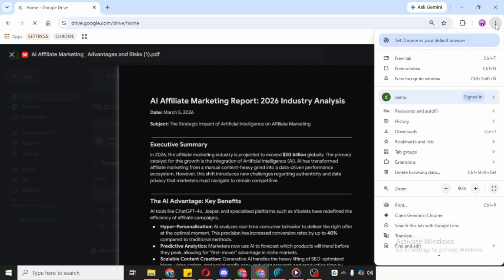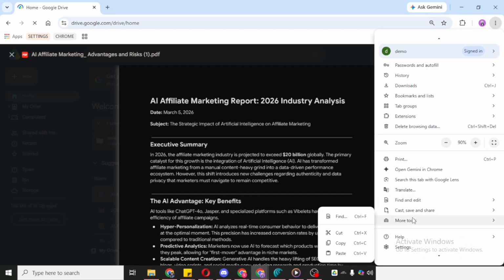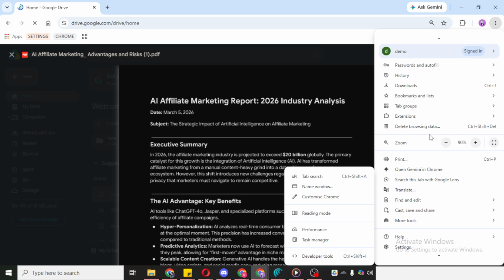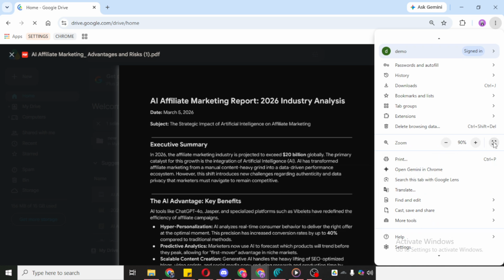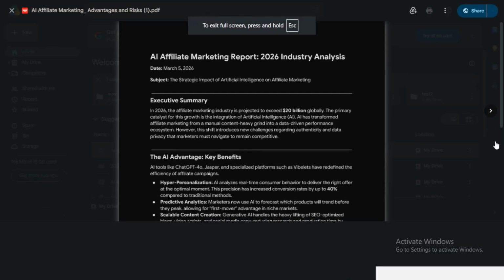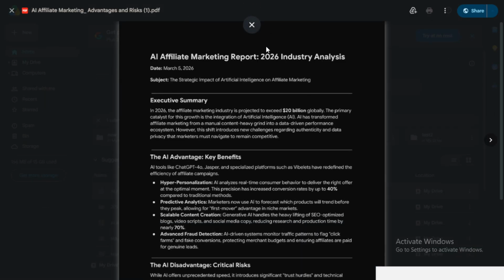When it opens, look for the Zoom section. You'll see a minus button, a plus button, and the current zoom percentage displayed in the middle. To hide the tab strip and the URL bar from view without entering full screen, click the plus button in the zoom section. As you increase the zoom, Chrome can shift the page display in a way that reduces the visible browser interface and gives you a more focused view of the content.